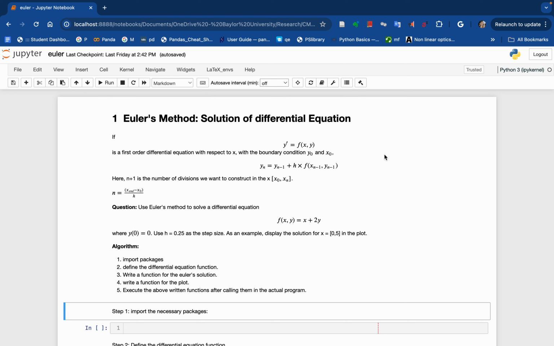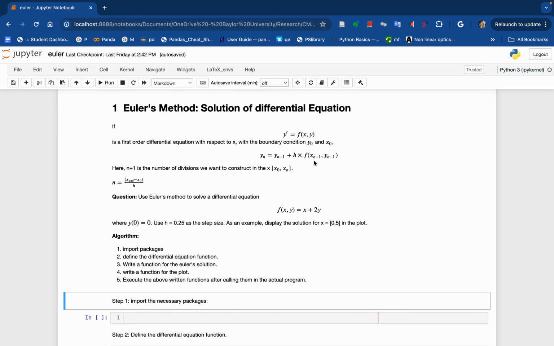method. So whenever you have a differential equation, y dash equals some function of x and y, and it's given for certain boundary conditions, let's say the solution y naught at x naught is given, and if you have the step size to which you can increase the value of x like this, then in that case the solution can be simply written as the Yan solution can be written as